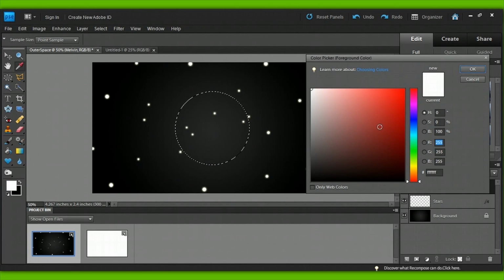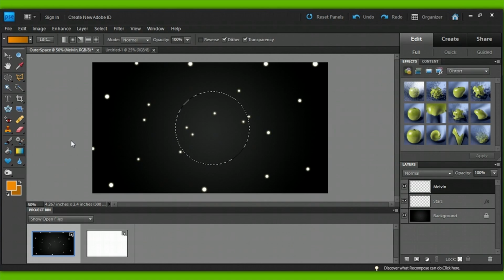Now select on the primary option and click a color that you like, and in the secondary color option, pick a slightly darker shade of your previous color. You can grab your previous color by clicking on it in the primary color tab, then to darken it, just drag your dot down in the color palette. Now select the gradient tool, and from the center of your selection, drag your mouse from the border of the circle and release. Now you have a subtly shaded planet, but we want to make it look a bit more